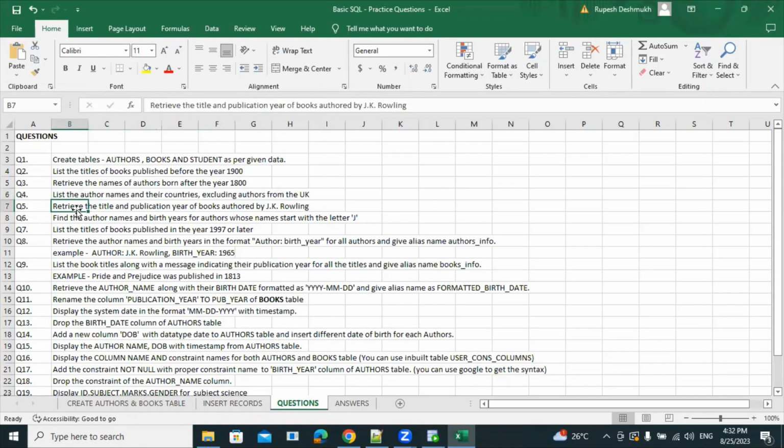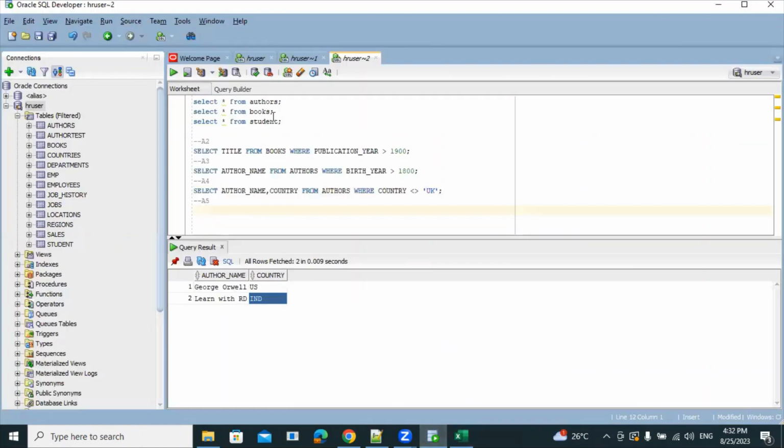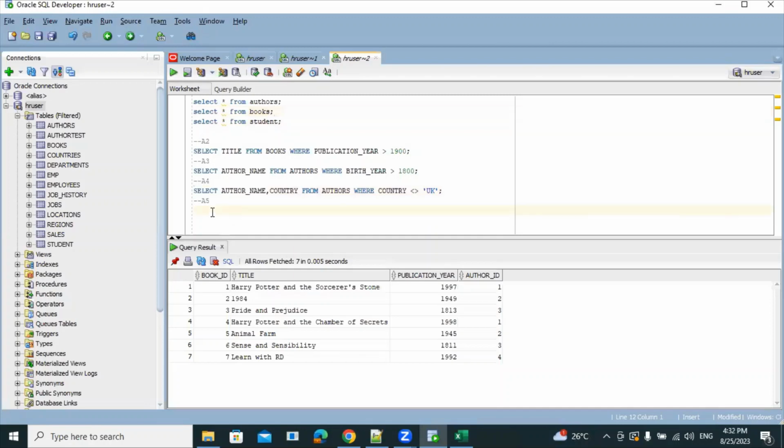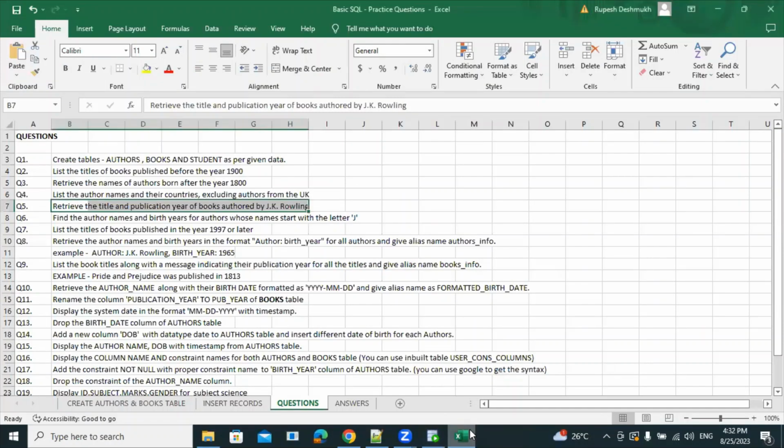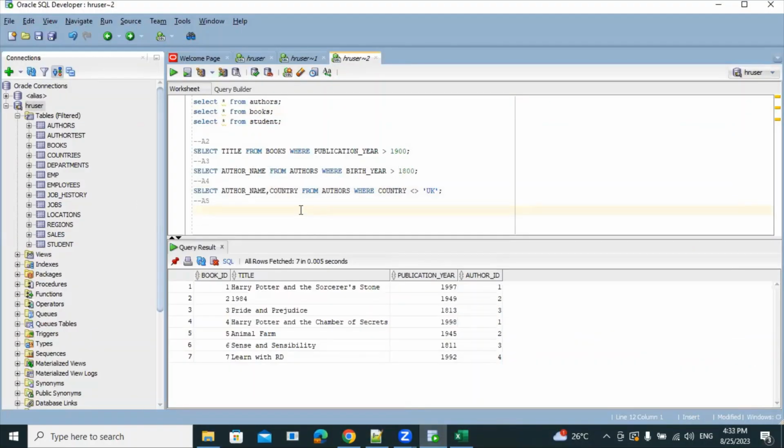Retrieve the title and publication year of books authored by J.K. Rowling. They want only J.K. Rowling, authored by J.K. Rowling. So let's go to the books table. I will display the books table here. Books table. And they want title and publication year. So select title, comma, publication year, where